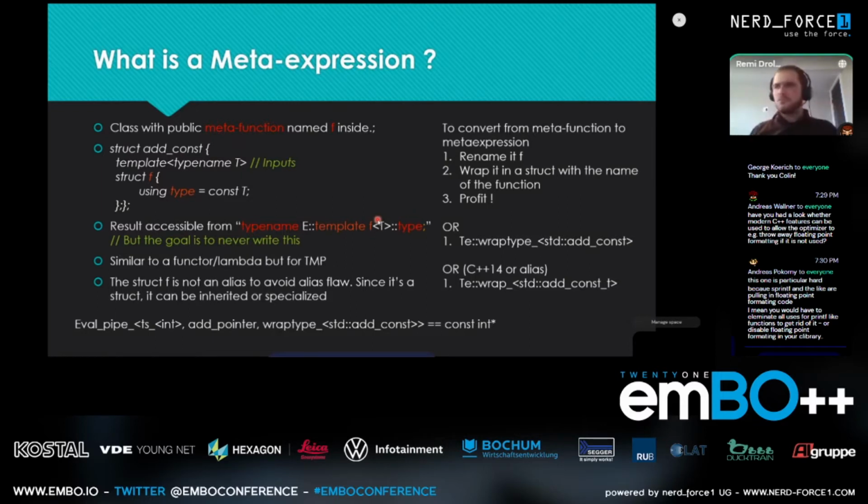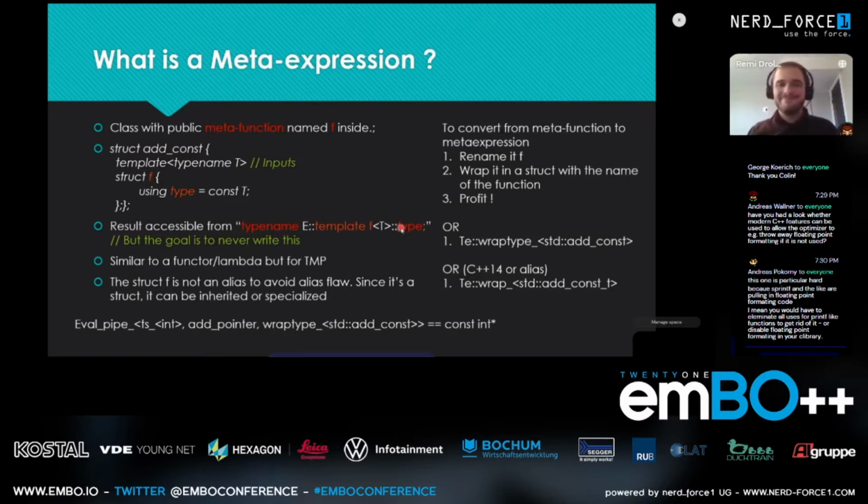It's a detail, but unfortunately you have to write type template. To avoid something that is called the alias flaw, this f is not a template. This allows me to be compatible with every single compiler, at the cost of having to write type